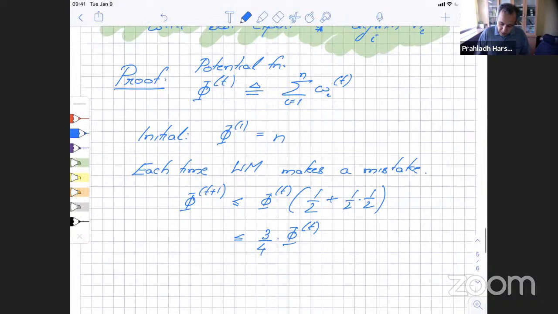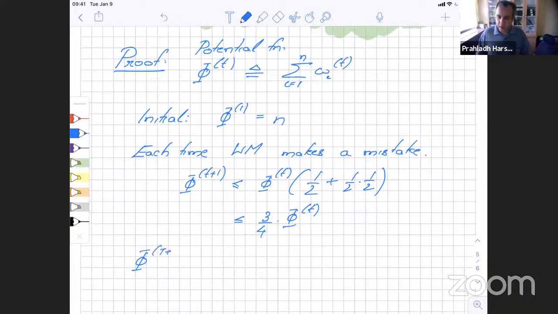Therefore, after the entire thing, what is phi going to be? This is going to be less than phi of 1 times 3/4 to the number of mistakes. So the algorithm performs nt mistakes. Each time it makes a mistake, this is falling by a factor of 3/4. So at the end of t steps, phi of t plus 1 has at least shrunk by a factor of 3/4 to the power nt. But on the other hand,